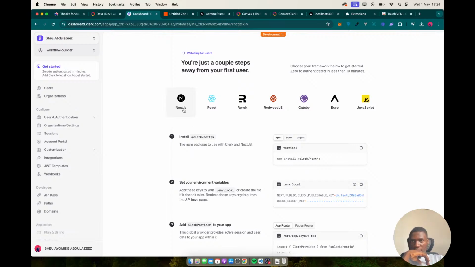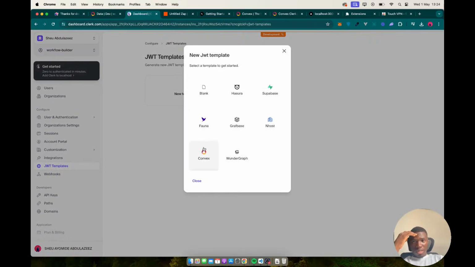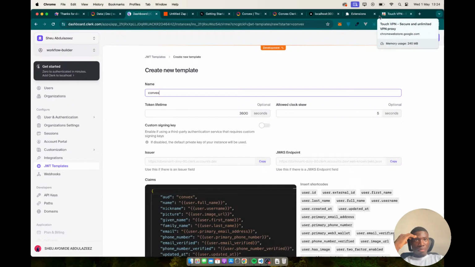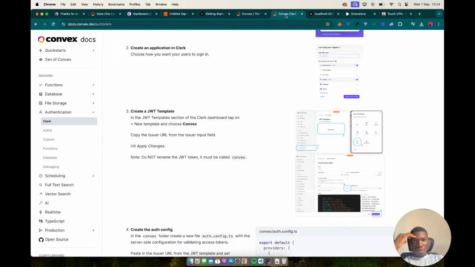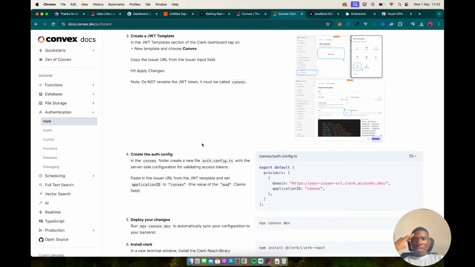Go back to Clerk, and we go to JWT template. We do new template, and then we do Convex. After choosing Convex, it says copy the issuer URL and hit apply changes. It says do not rename the JWT token. So now we just have to set this auth.config.ts. So I'm going to copy that,